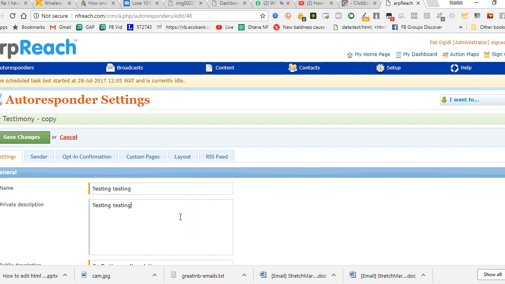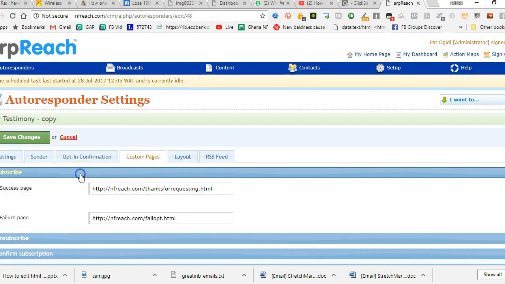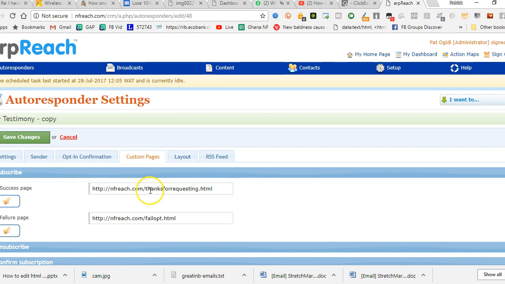Now you have to use the thank you page. You have to use the second page as your thank you page. That is the page that you access by going to